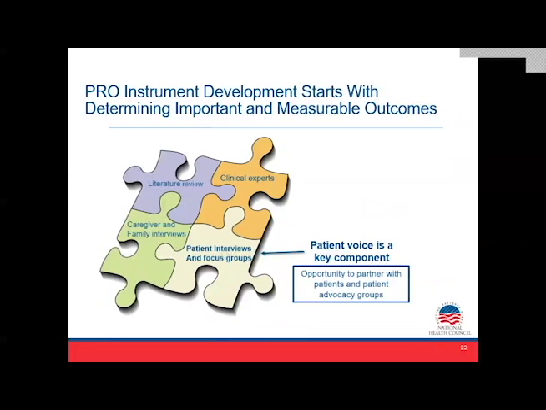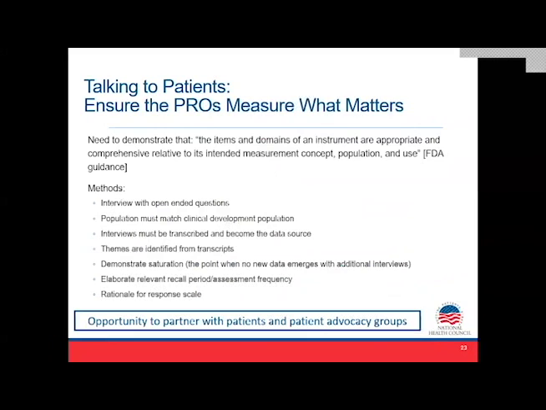You need to talk to patients. You need to do focus groups. You need to interview them to be able to understand from them what's important to them with regards to how they feel and function with the particular condition that they have. And caregivers and families are also important in terms of the contributions that they can make to figure out what is important. So just talk for a moment about the fact that developing a PRO instrument, there's a process